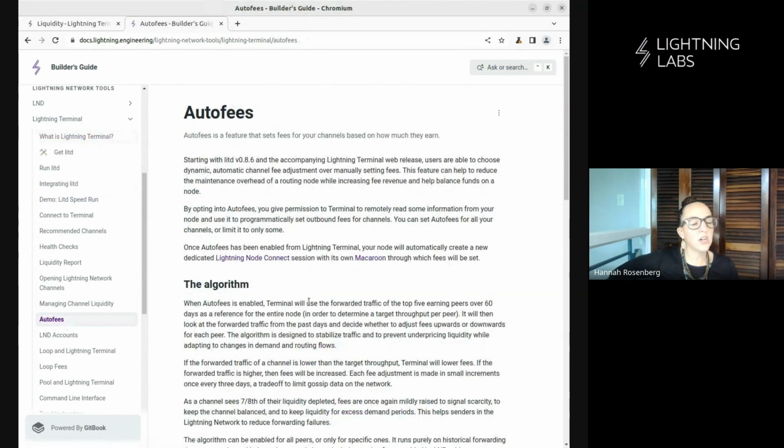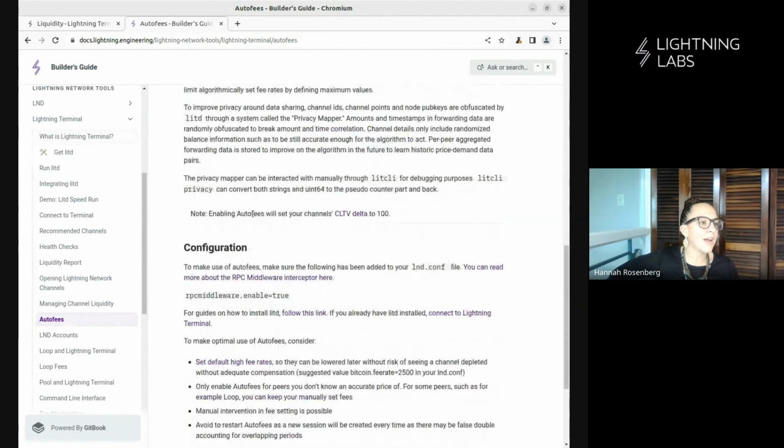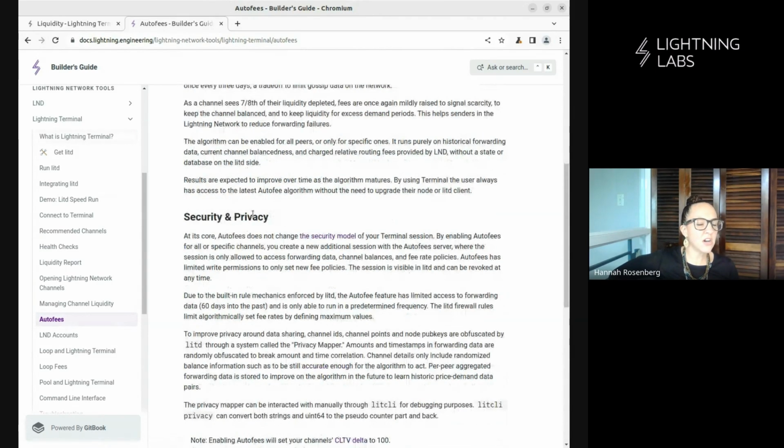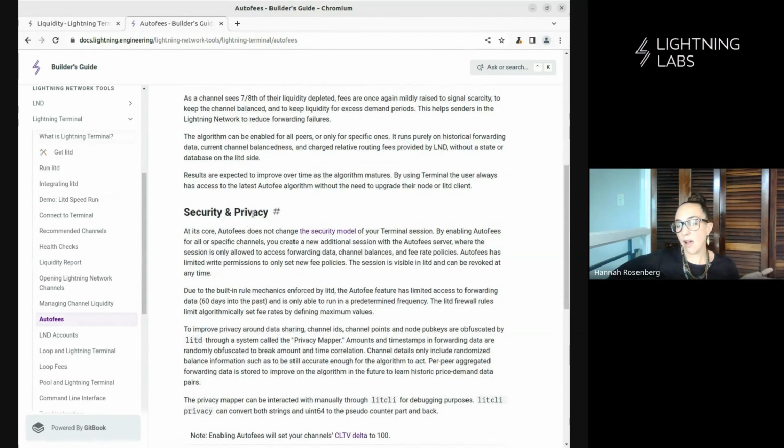we have a whole section on Autofees, and here you can read all about it: the algorithm, privacy, security, configuration, etc. We're going to talk very briefly about a couple of things here, and then we'll go right into showing you how to actually do this, which will be very quick because it's very quick and easy to enable. All right, so one question that we will address here is, I know a lot of you are thinking,